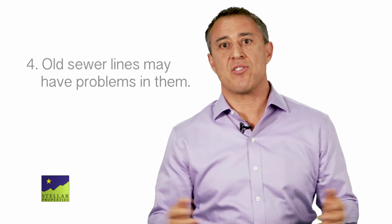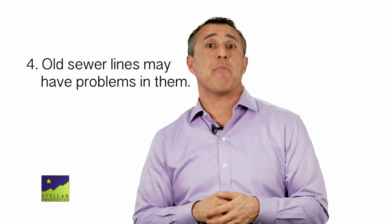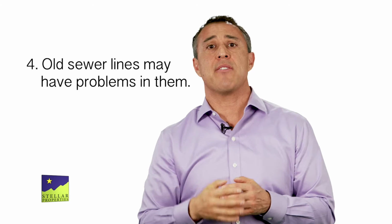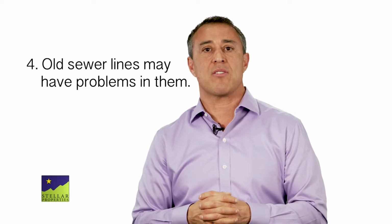Another thing to look at is the sewer line. Oftentimes these old homes have very old sewer lines that have not been replaced, and so they can have some problems somewhere down in the line. And so it's very important to have a sewer scope and make sure that sewer line is still functioning the